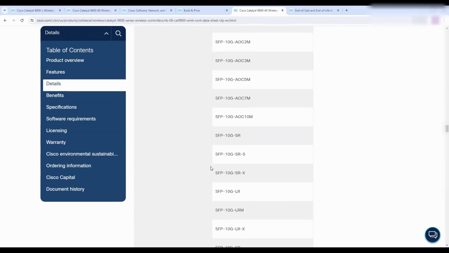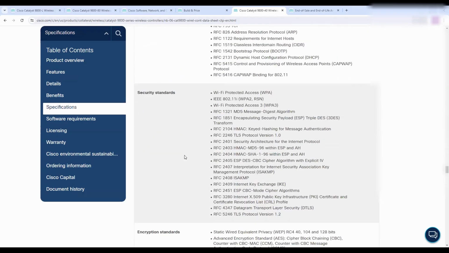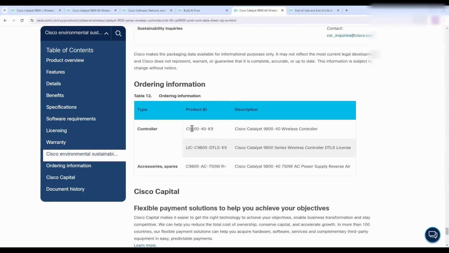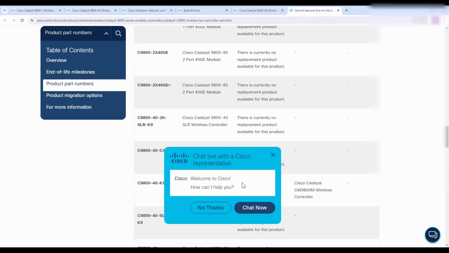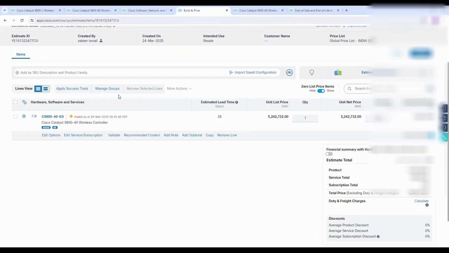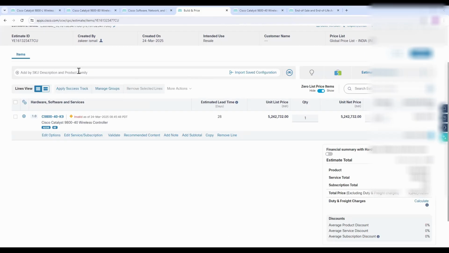There are the part codes. Here you can see this is the enhanced SCFP part code. This is the controller part code. This is the extra DTLS license part code, accessories, but I think here we got a little bit more. Okay, so if you want an extra power supply unit, then you need to submit this part code like this. Go to the commerce workspace and try to search, but that SKU is maybe retired. It is not present here. Okay, so